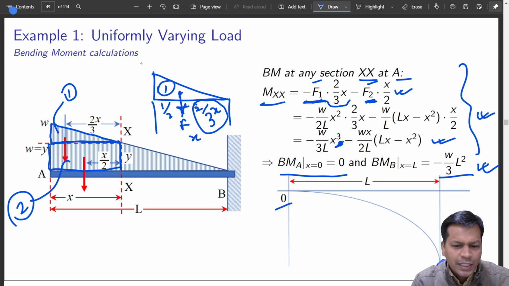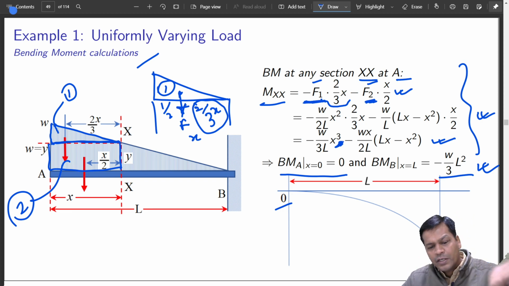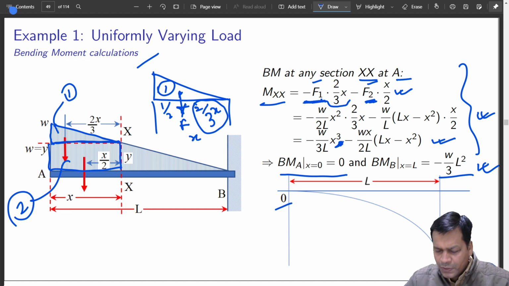This is one of the examples when things were varying. It can be varying in a very ill-mannered way also, but normally it is not, because most civil constructions follow uniform curves most of the time, or block loading. Even if it is loaded non-uniformly, it is well defined. It cannot be haywire. So maybe that is why they avoid doing that also. So this is example 1 that we have seen of uniformly varying load.